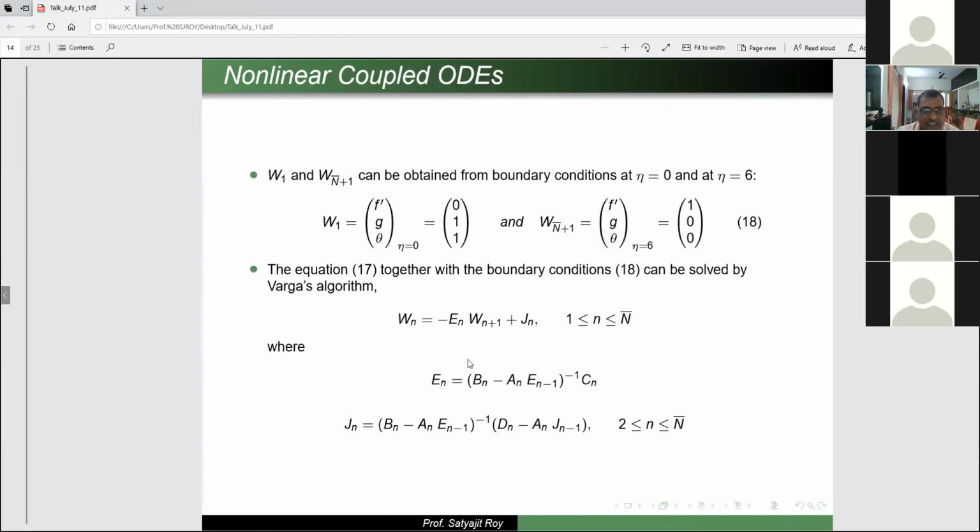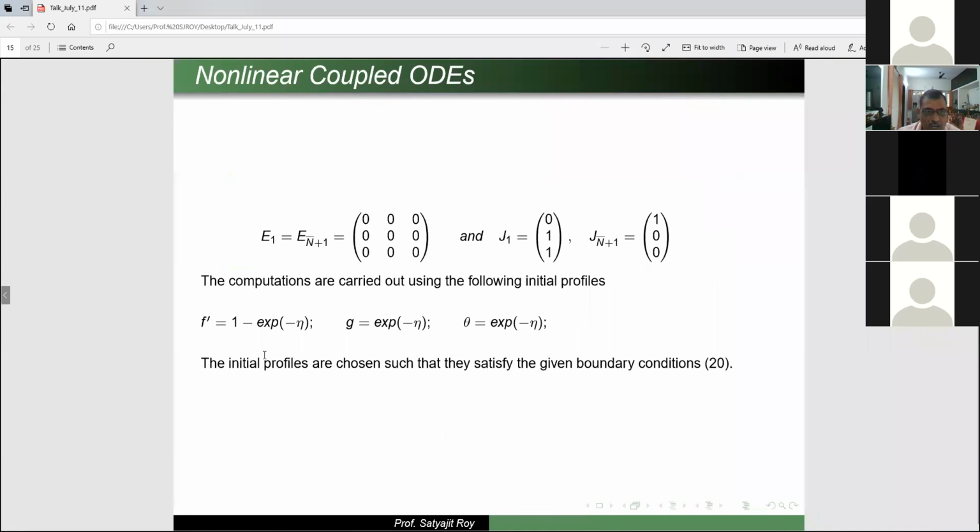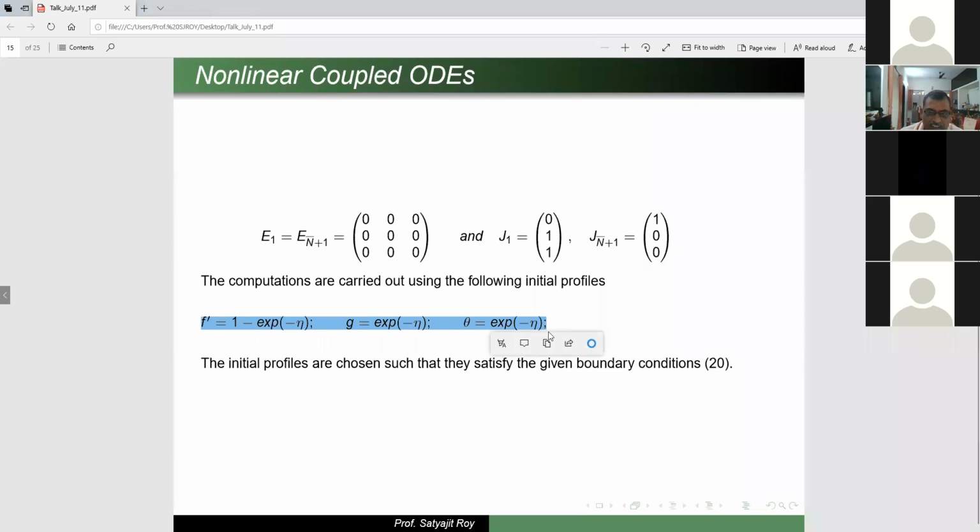Now here I think initial condition is also given. This is the algorithm, Varga algorithm. These are all available in the book. These are the boundary conditions. On one side boundary 0, 1, 1, another is 1, 0, 0. This is velocity, then velocity in the other direction, and this is the temperature boundary condition. So we have taken, by satisfying the boundary conditions, such a profile, an exponential profile, because these are all boundary layer flow problems. So here the things are growing fast.